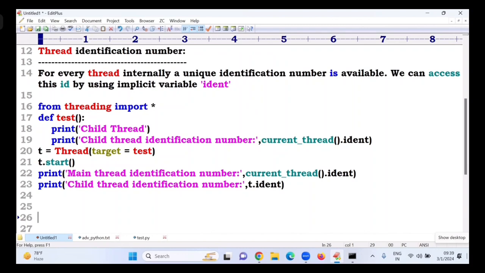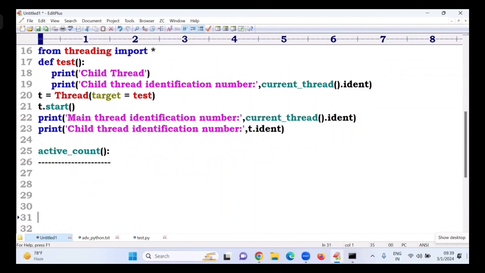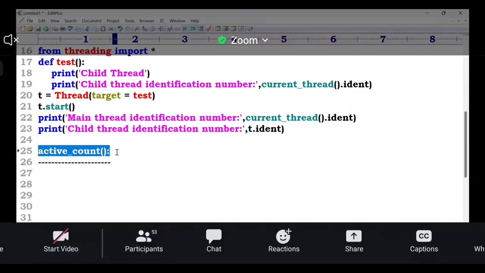So the next method is active_count. Active_count. This function returns how many threads are currently running. That number will be displayed. Then we go with the active_count method. For example,